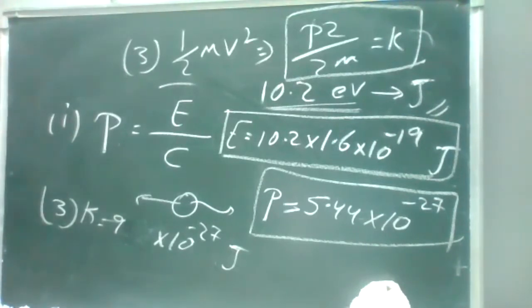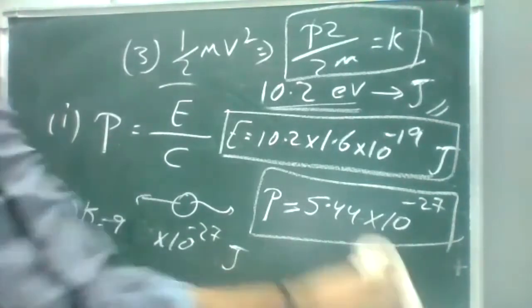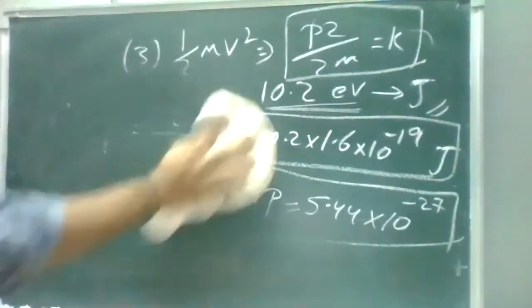Okay, take the question. Out of the following, which one is not possible? Out of the following, which one is not a possible energy for a photon